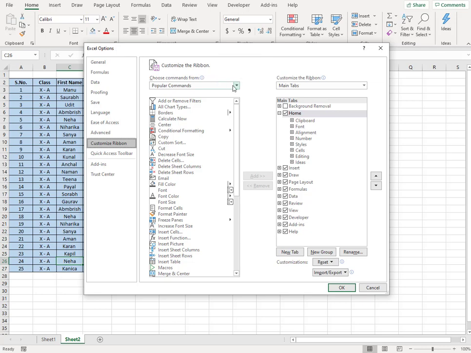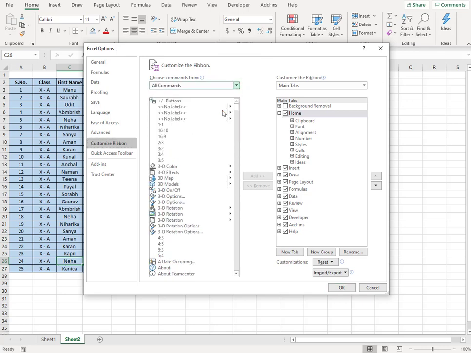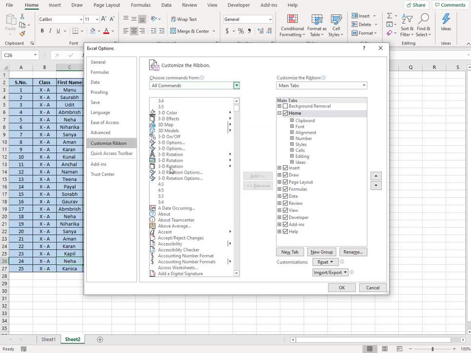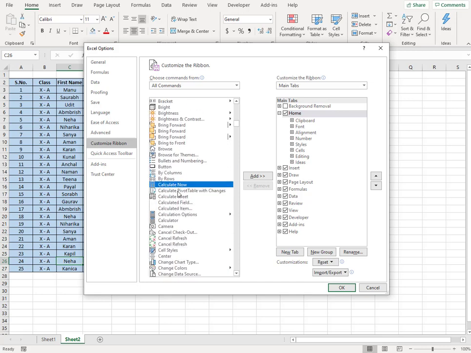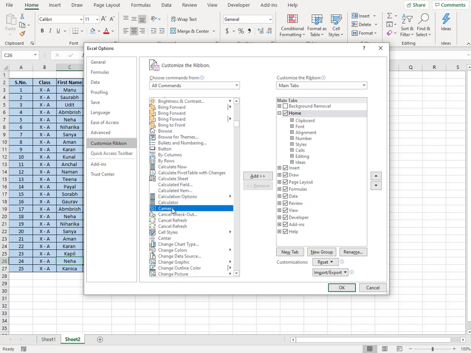Here you have to go to the all commands menu, which will list all the commands, and either scroll down or type a C, which will take you closer, and here you'll find the camera. Now we have to add the camera to one of our tabs. We could do it on the home tab, insert tab, or any other tab, or else we could also create a new tab.